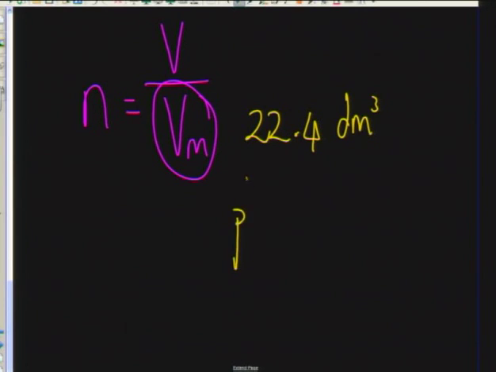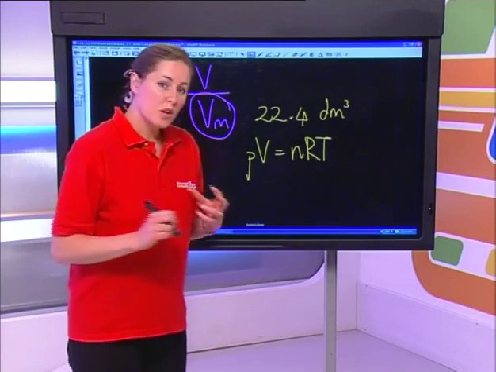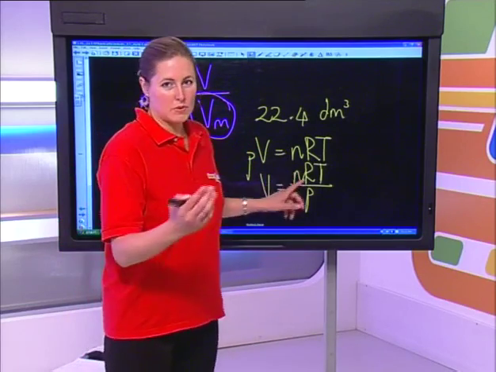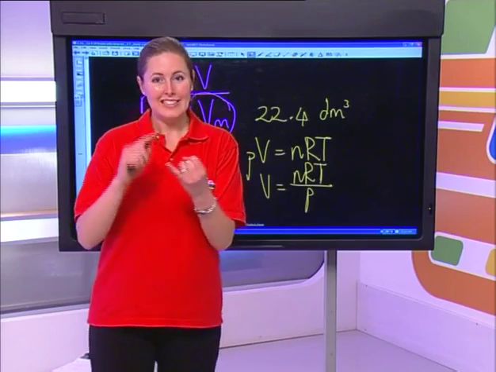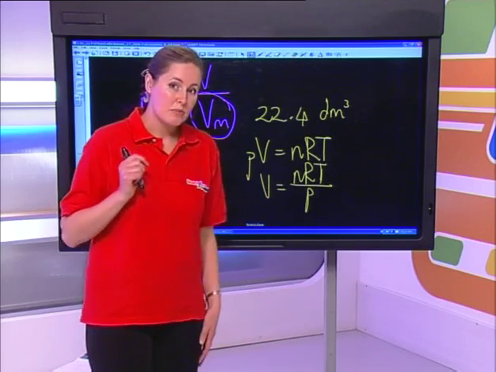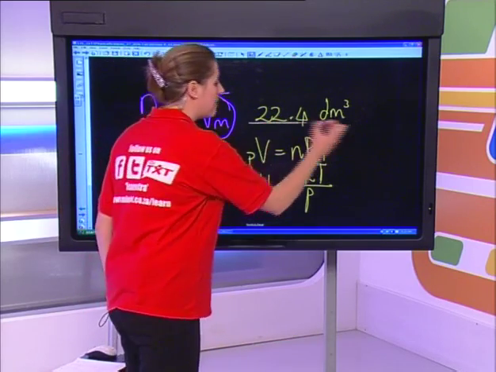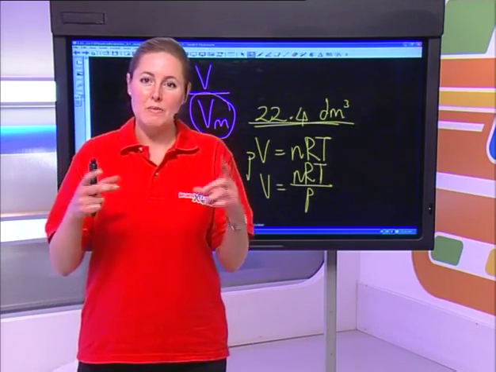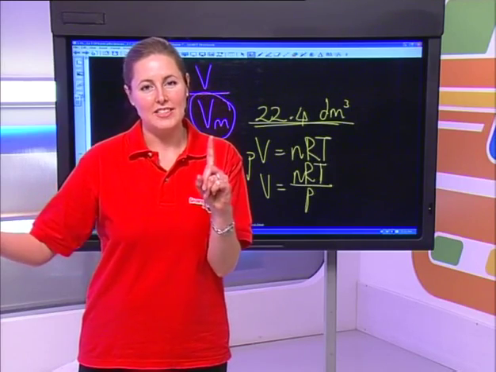you possibly have worked through this equation, PV is equal to nRT, okay? What we have solved for V would be nRT divided by pressure, okay, divided by P, taking into account if n was 1, that's your universal gas constant, T is standard temperature, P standard pressure. So they have worked out that at standard temperature and pressure, the volume of the gas happens to be 22,4 decimeters cubed. So if we've worked out what that volume is for 1 mole of gas at those standard conditions,